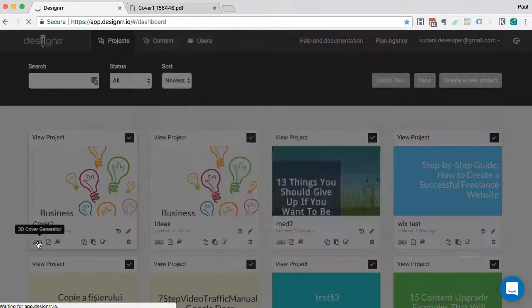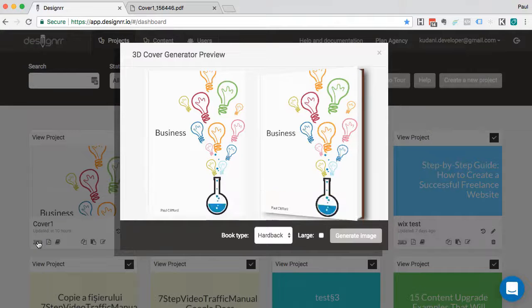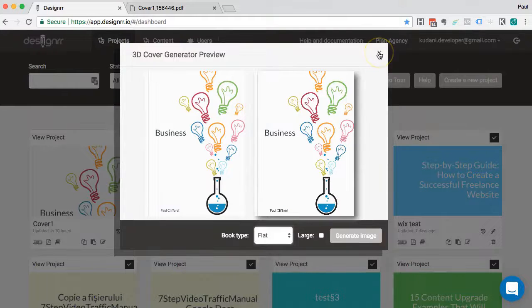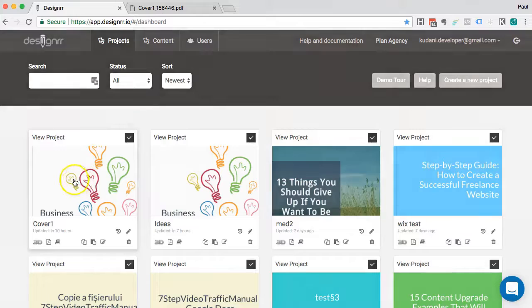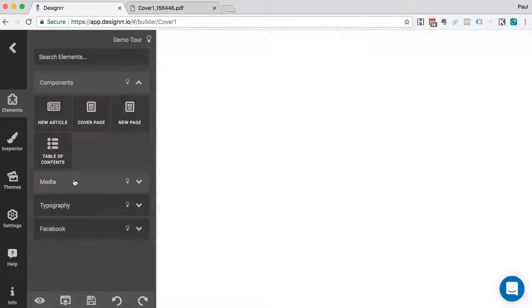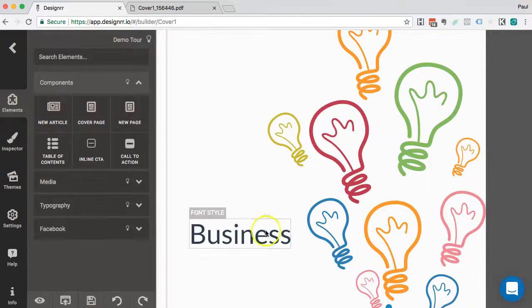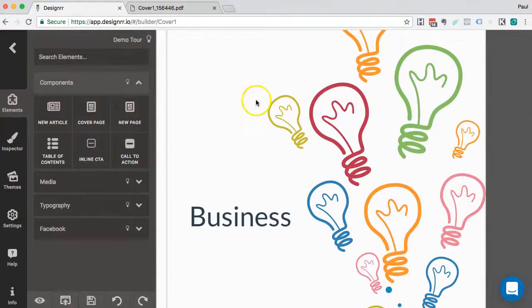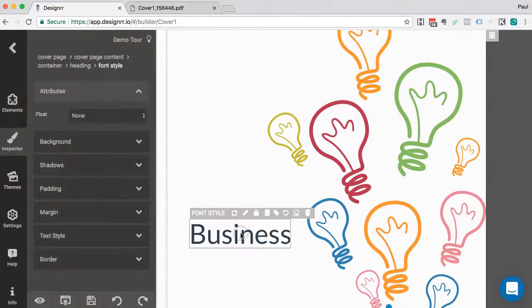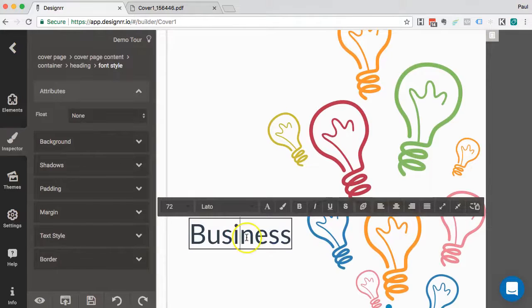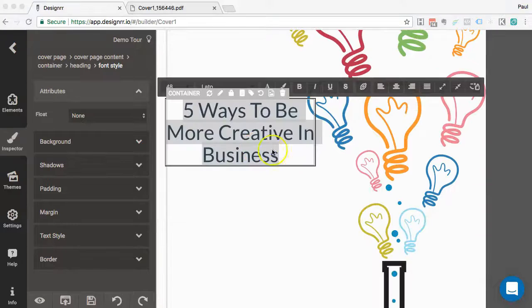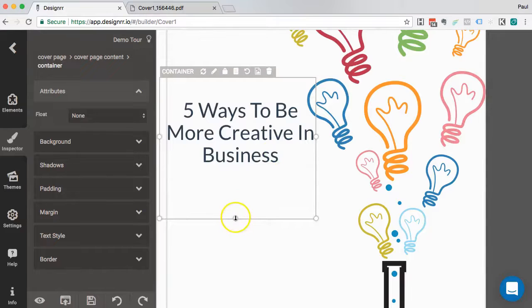If I go into the 3D cover generator, can you see now how it looks like it's actually got a spine? Let's do a few more things. What I find is, when you're doing a title like this, often people want a pre-header. So this could be the main title. So let's say, if I get in business,